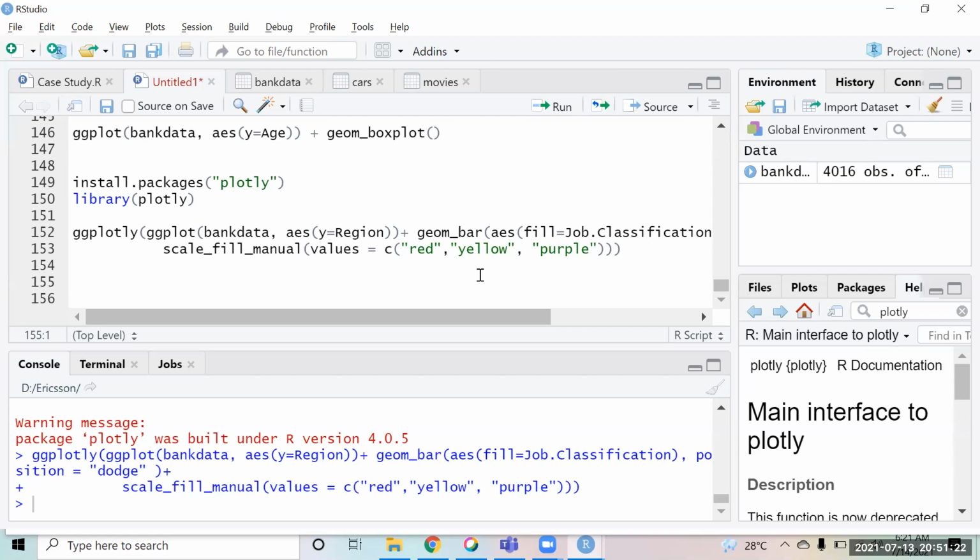Amit, I'm not able to install the Plotly package. What's the error that you're getting? No, I'm not getting anything. It's just stuck. I'm getting a stop sign, and I tried pressing escape. It takes a few seconds to get installed. I'm waiting for a few minutes, and I closed it. You should share your screen now. Yeah, sure.